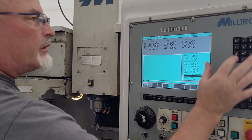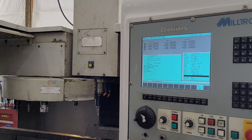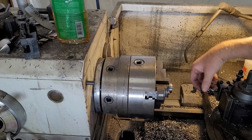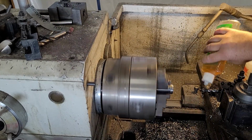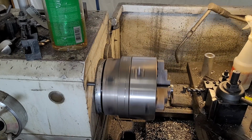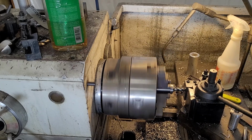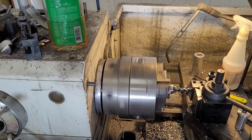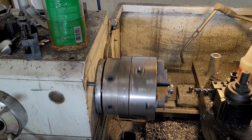Pull up our edge finder again, and we'll put the next one in. I didn't have another 14 millimeter tap, so I figured, well, we'll just do 9/16 and then come back and tap to the bottom. I'll just get it started so I can put the assembly together, and then I'll come back